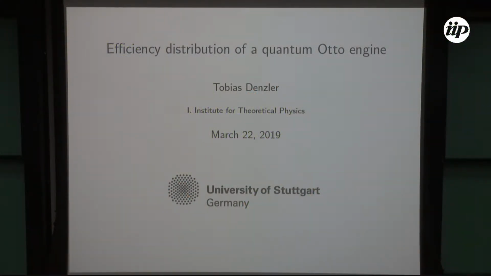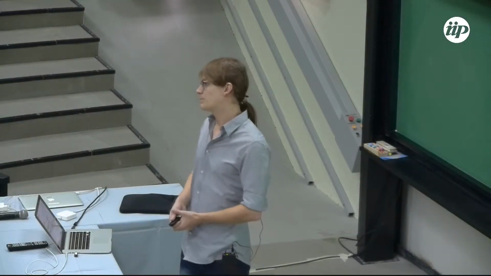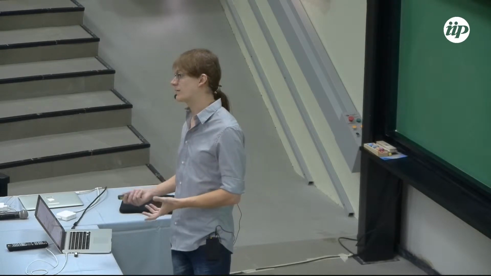So first, our motivation for that. We know that typically, if we have a thermodynamic engine, we define its efficiency as the average of the work it outputs divided by the heat we input. But we know that for small systems, work and heat are stochastic quantities. So obviously, one would be interested in the efficiency if we consider both of these quantities to be fluctuating instead